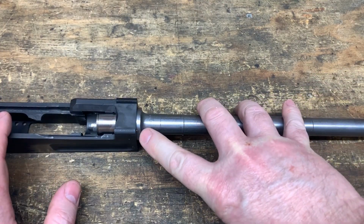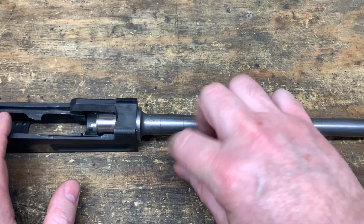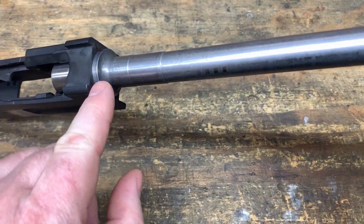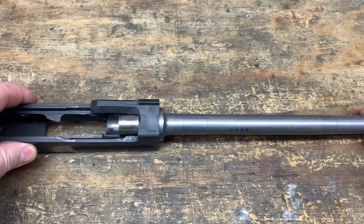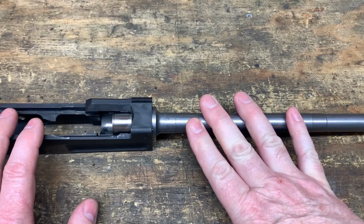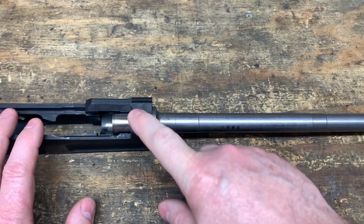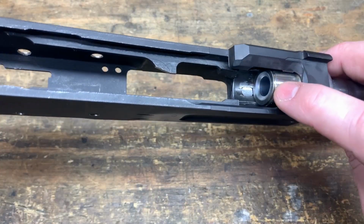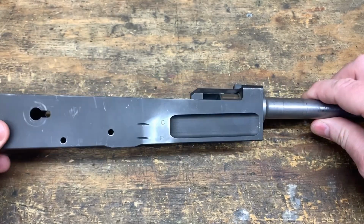So I did come in and used an electro etch pencil to put a mark in here. Then I decided to ding it with a spring-loaded punch, something to put little marks on there, to keep an eye on it. But since I'm not going to put the rear sight block on yet, and I'm pretty sure it's tight, I decided I'm going to go ahead and cut the extractor relief in here